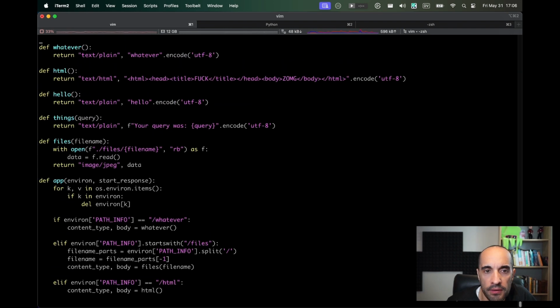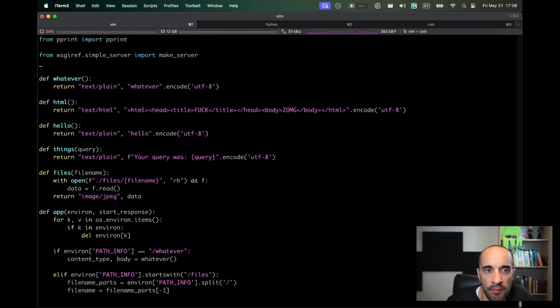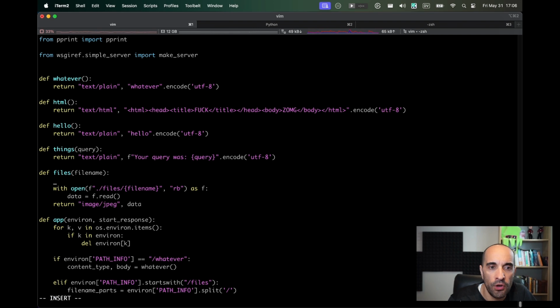And what I'm going to add is going to be the path. I'm going to call it static file path. Static file path equals